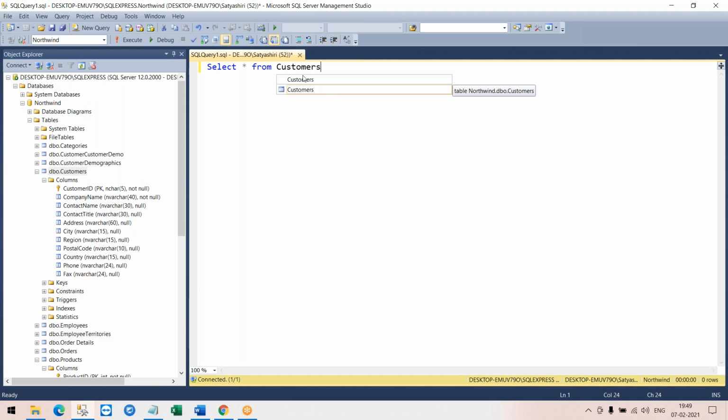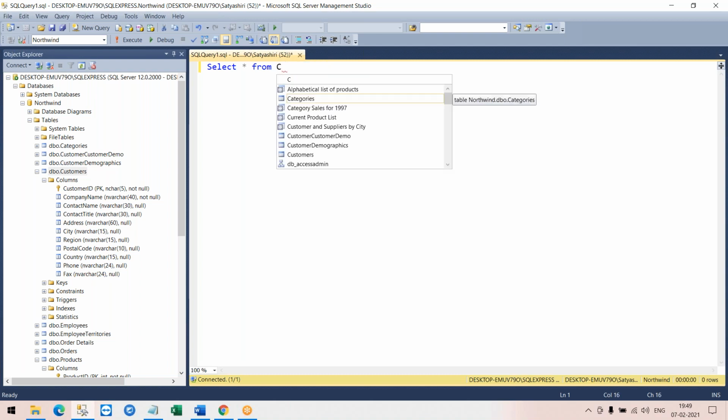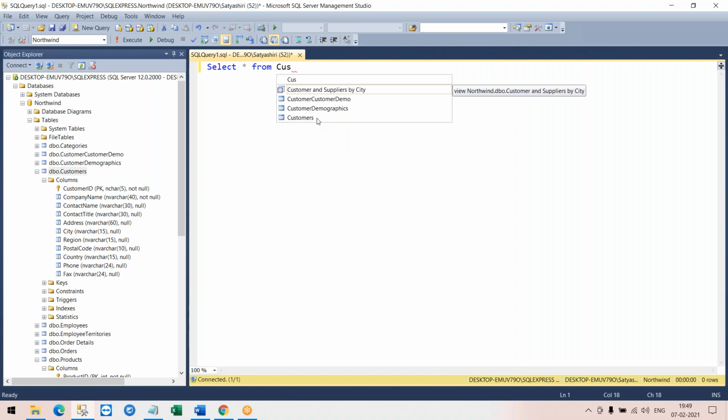That is a feature in SQL Server, which will show you all the different database objects starting with a C or so. As I keep typing in, the list narrows it down to finally what you are looking for. You can select it from here, you can type it. Select star from customers, the table name.